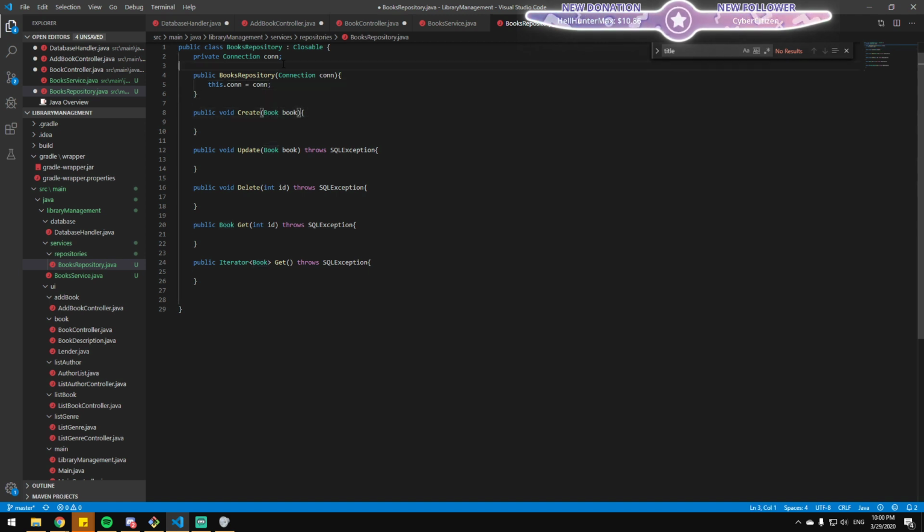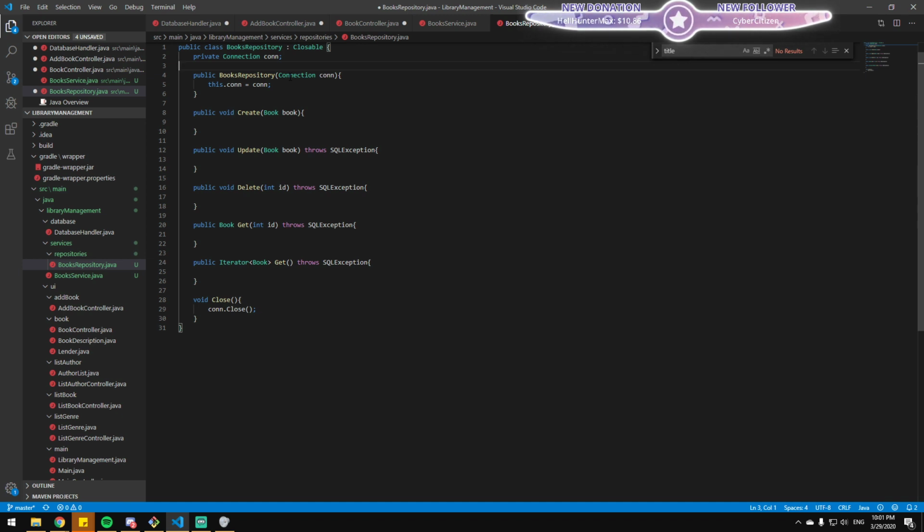So basically, every repository is just database related stuff. You create a repository by passing a connection, and when you're done, you're supposed to dispose it, close it. So is it just close? Yeah, but the class in that case would implement iClosable. But this is a C# thing, right?